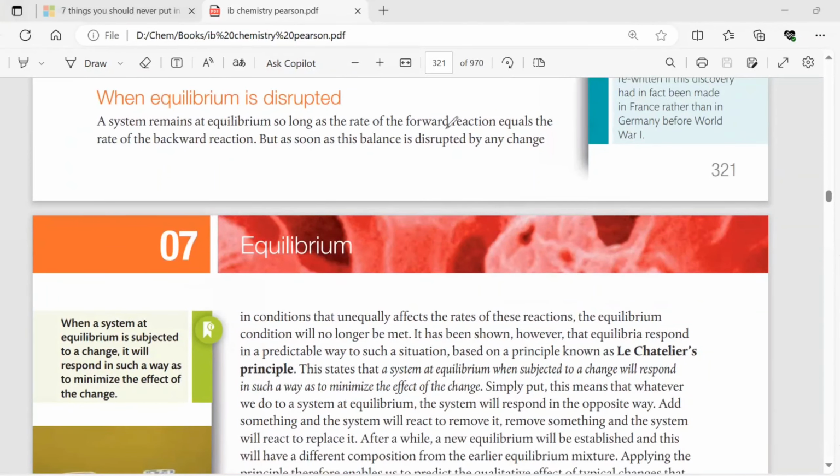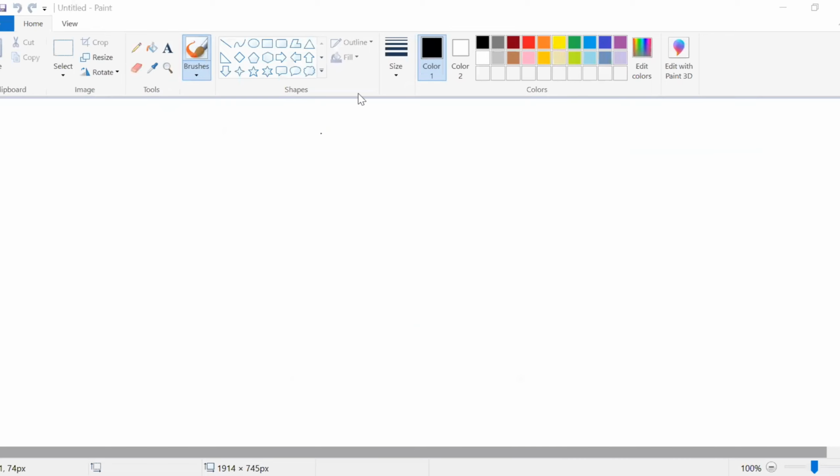Suppose we are disrupting the equilibrium of a reaction. Suppose we are taking the reaction N2 plus 3H2 gives you 2 ammonia. In this reaction, we have to understand that whenever we are taking a reaction, this equilibrium reaction